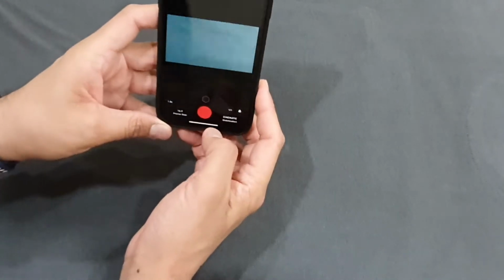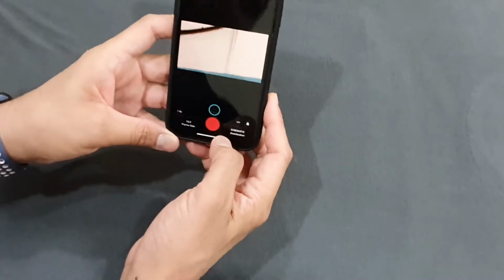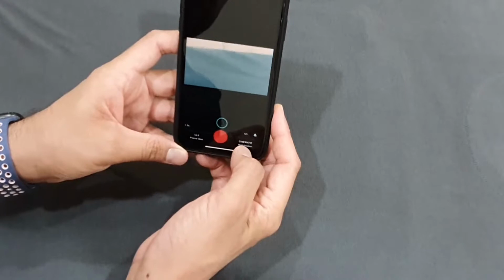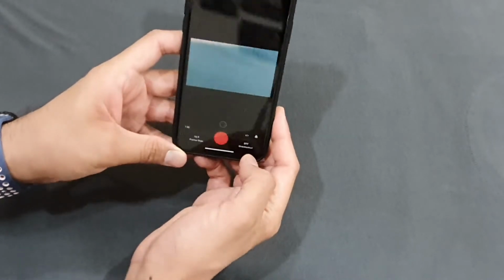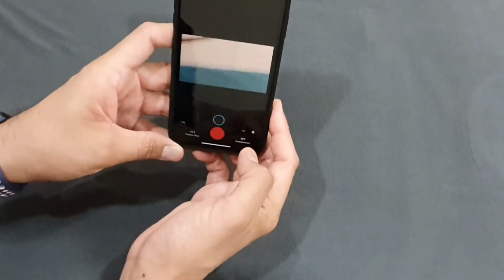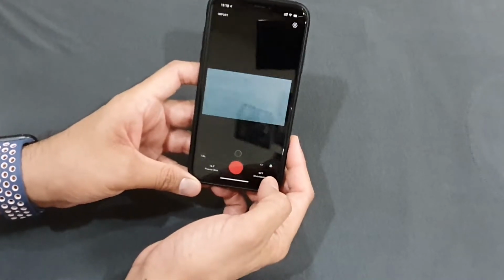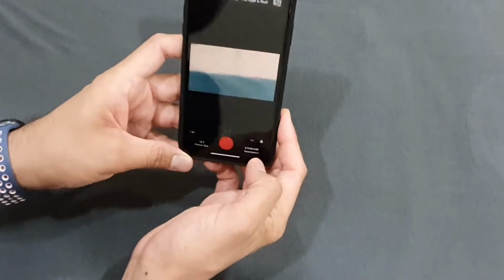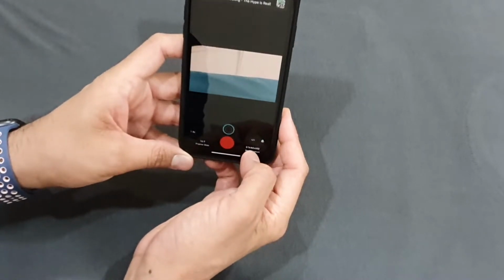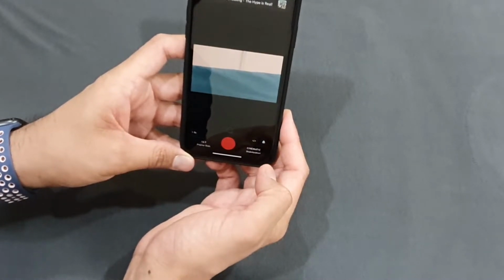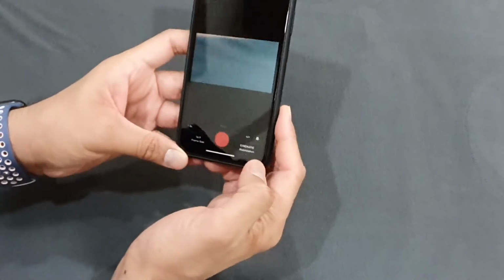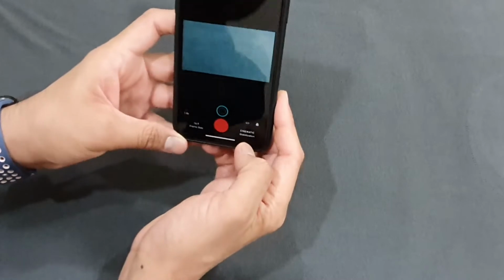See, you can take the video in cinematic mode, 24 frames per second. Even this, you see, this is how it looks if the stabilization is off. If you're walking, the video will look like this. This is the standard stabilization, and if you want cinematic stabilization, check the level of stabilization. You move around, but still the video won't move.